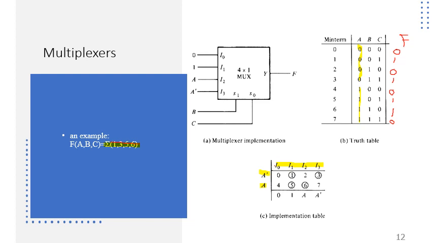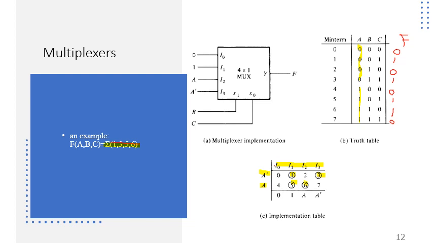The next step is to see within a column whether we can have some shared minterms or not. The minterms encircled here in this implementation table, for example minterm number 1, minterm number 3, minterm number 5, minterm number 6, are the responses in which the output is 1. We can clearly see this from the Boolean function as well as from the truth table. So we encircle those minterms that are producing 1 in the output.